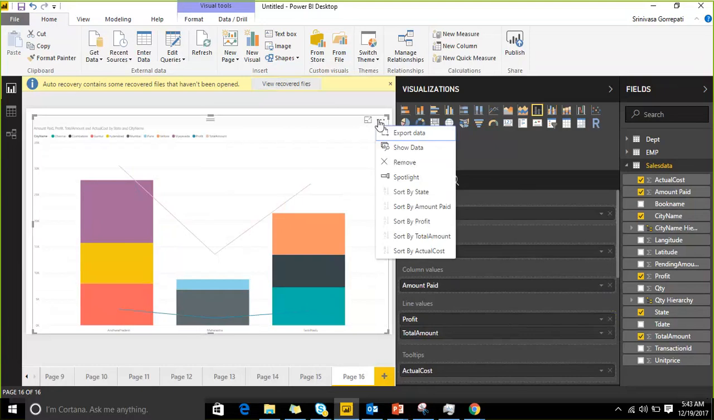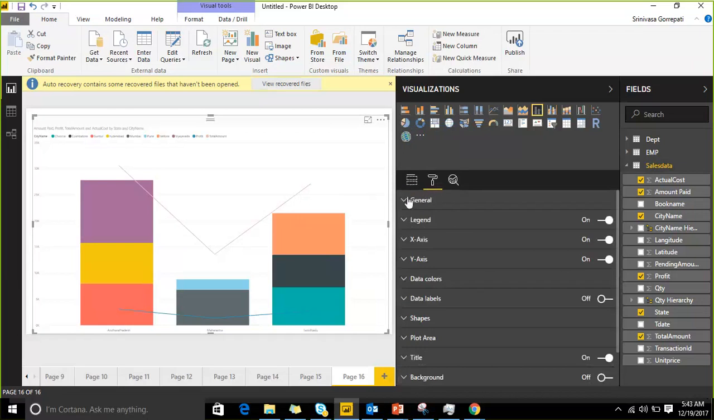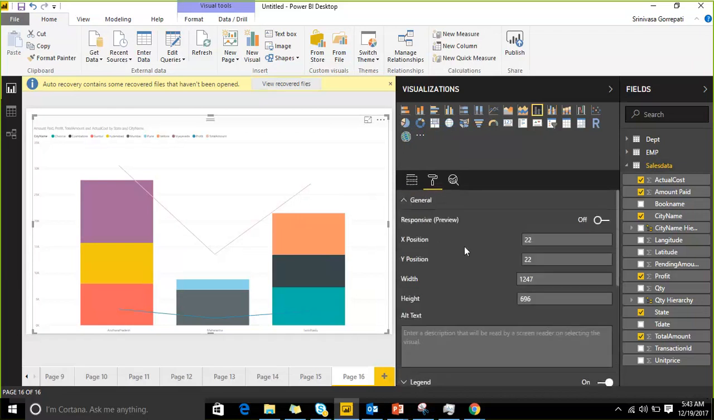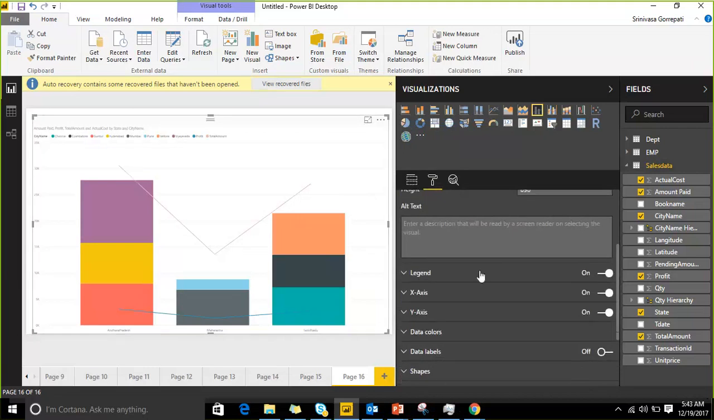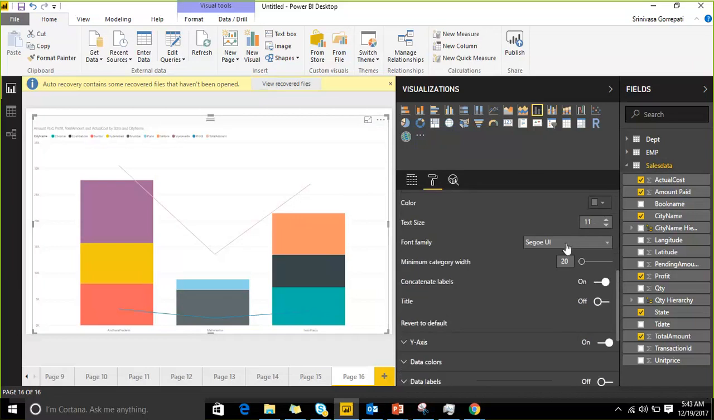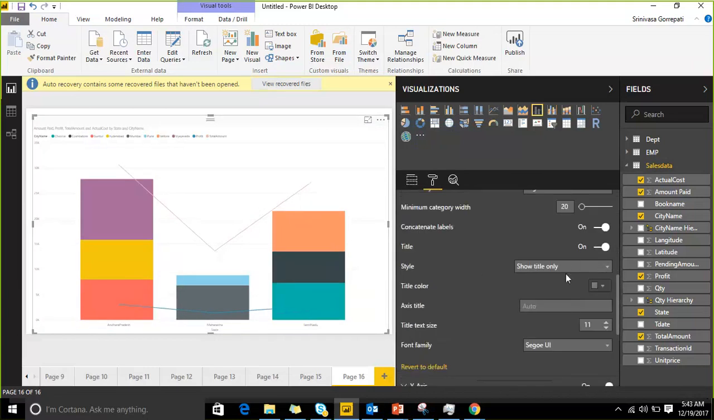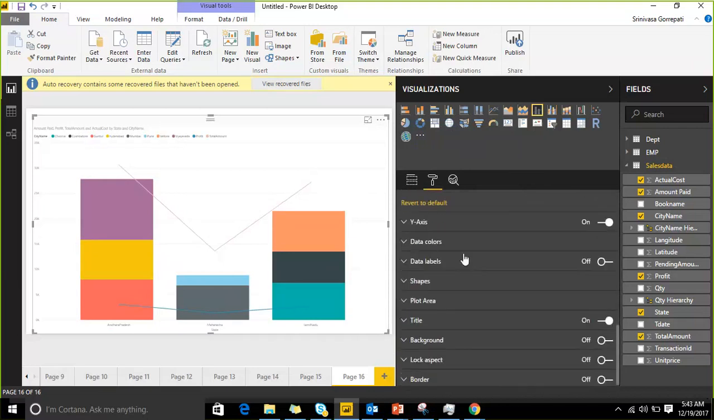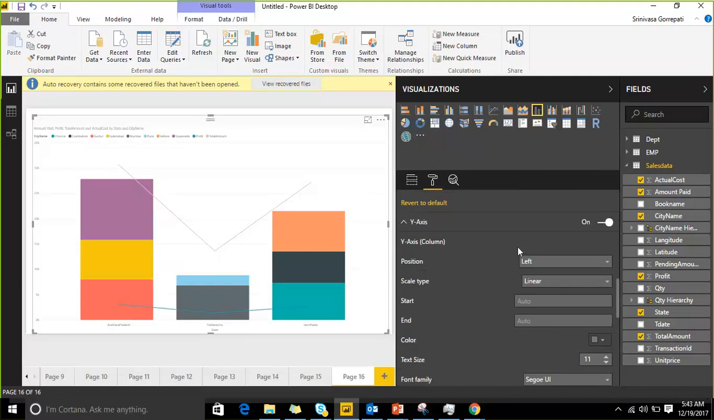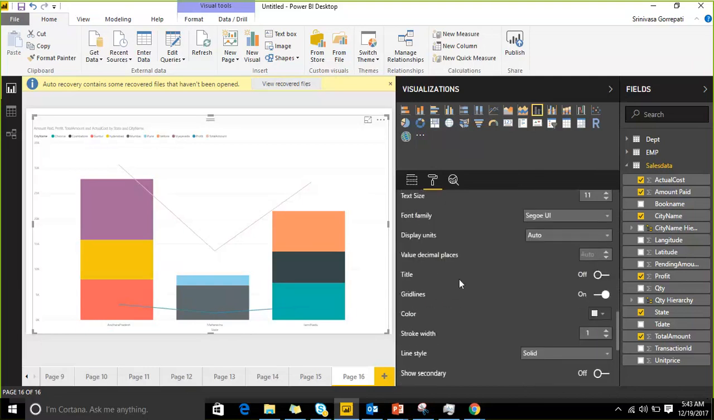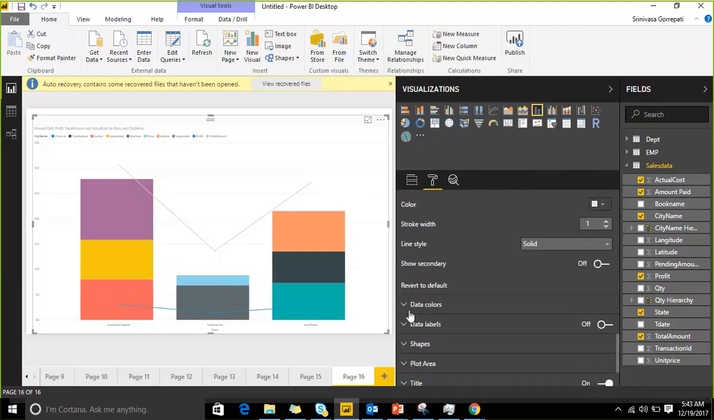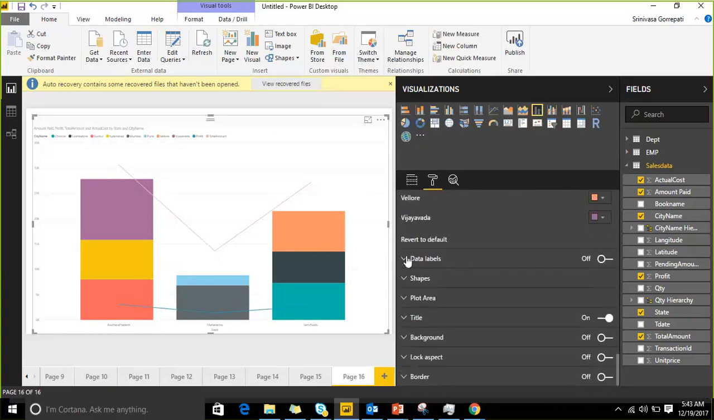And here the configuration is the same as whatever we already discussed. Legend: what color, general, X position, Y position, height and width. Legend is what color is representing what and where you want to place it. And x-axis: the color, font family, minimum category width, category labels, title, and if you enable a title, what title you want to give, what color, and size, font family, we already had a discussion. Y-axis also: start and end values, color, text size, font family, display units, title, grid lines, color, everything we had a discussion. Data labels,